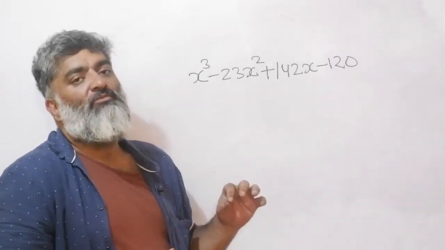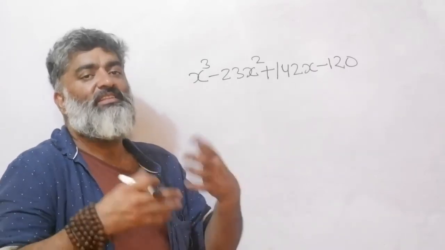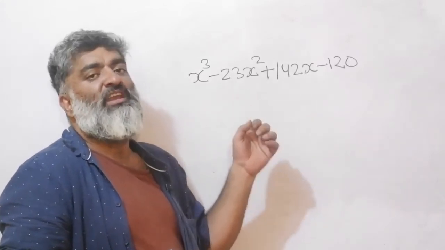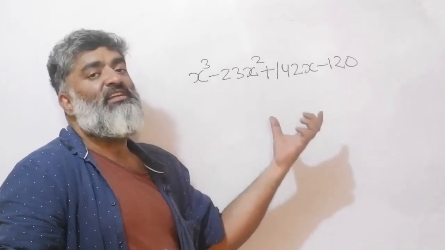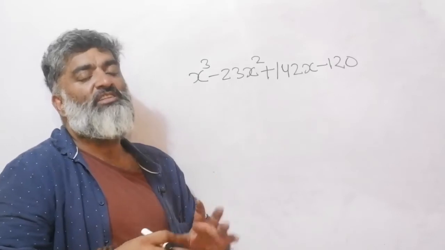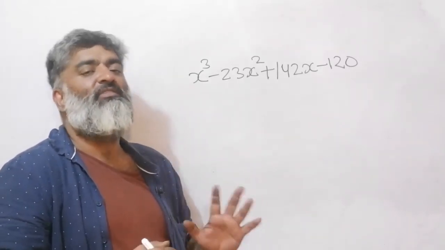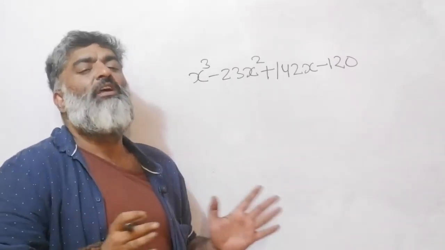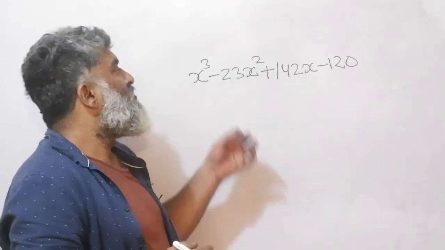So my starting point would be to find a root, and how will I find that? By trial and error, let's say at least in the beginning. So I put 1, I put 2, I put 3, I put -1, I put -2, and quickly see what are the resultant values and can I get to a 0. I know right now it sounds like a cumbersome process, but more often than not in most of these questions you will find it early. You don't have to go up to 99, maximum maybe up to 5, 6 you will find the first factor as such.